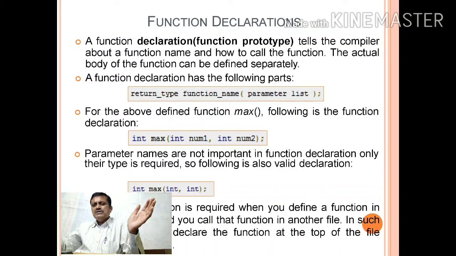You can call it from another program also. You can call anywhere, outside the program also, outside the function also. A function can call a function, and a program can call a function.